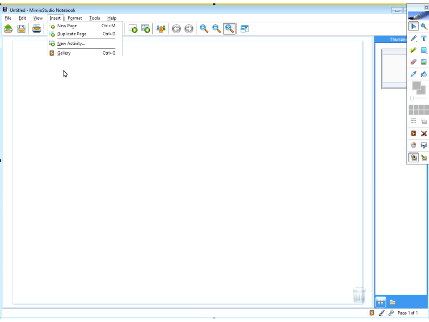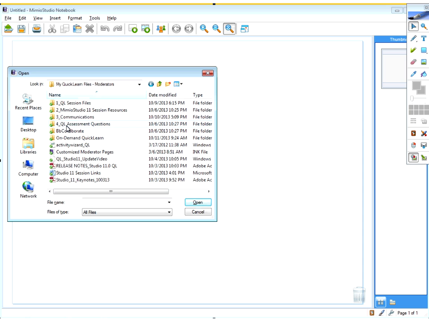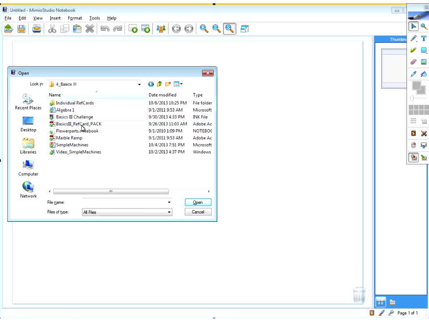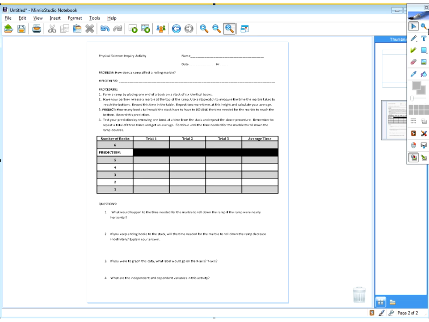I'm going to click on File, and we'll go to my folder where I have all of my information. I'm going to click on my Marble Ramp PDF. When I click on that, see it says Loading Document right here. It's processing the document, putting it into my lesson, and you see right here, I've got a